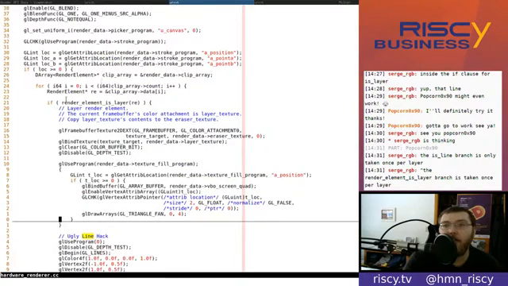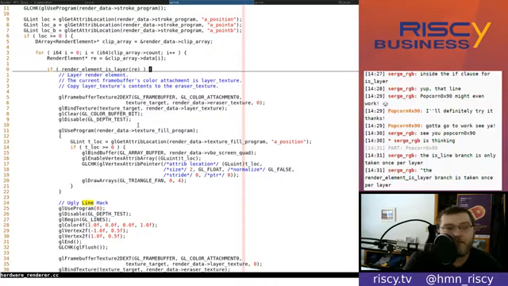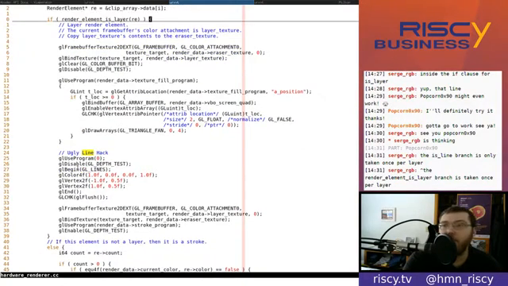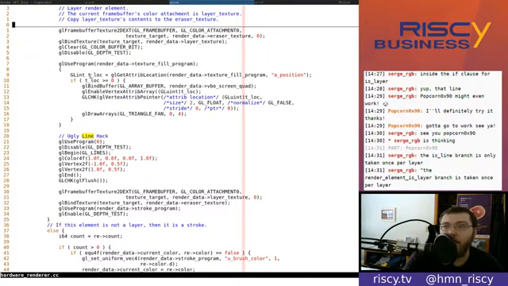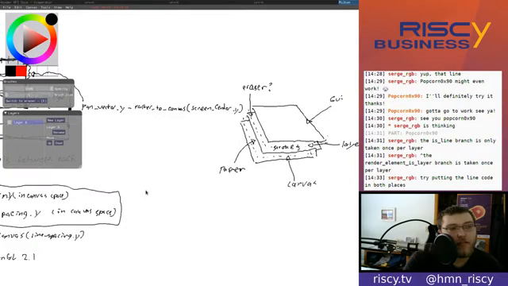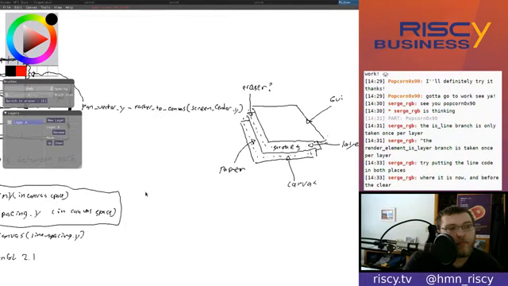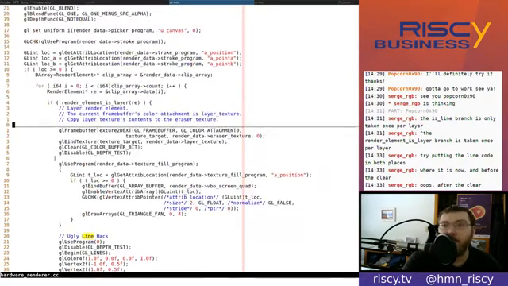Yeah, I understood what you mean. This branch right here. So I guess the thing I'm wondering about right now is what is drawing on top of the line, because the canvas background is already drawn. Where it is now and before the clear, after the clear. So you're saying